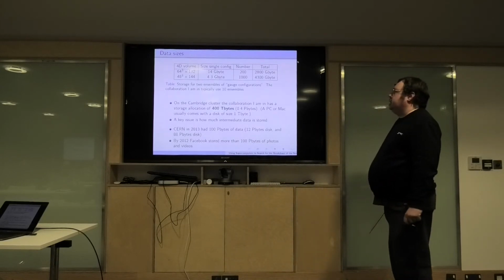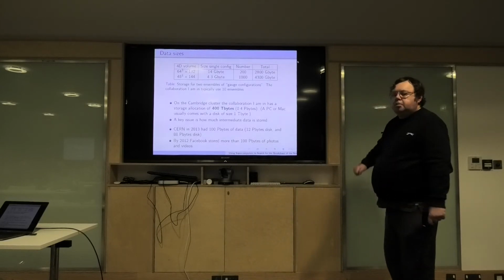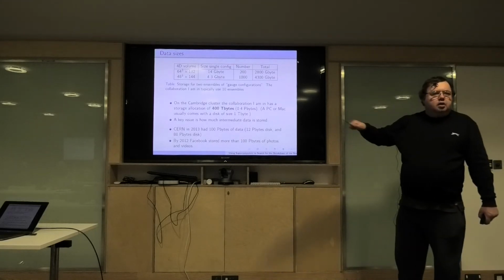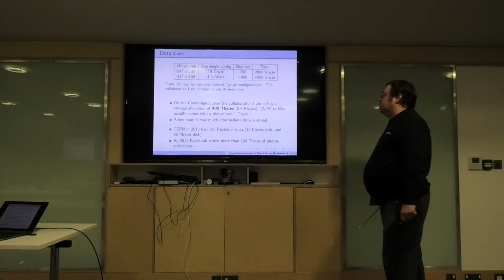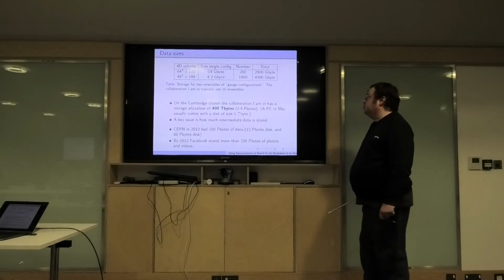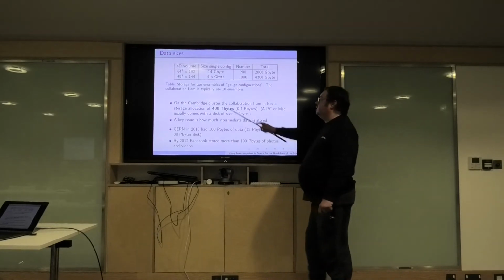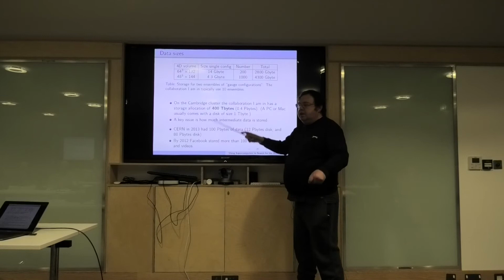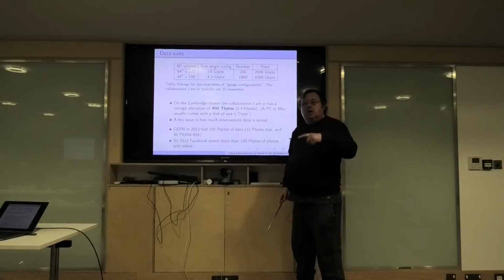Okay, a little bit about data. So that's some of the high performance stuff. We're doing kind of Monte Carlo samples. One of the lowest things is a snapshot of the vacuum. Here I have some data. Here's the sort of 64 plus 192, 3 space dimensions, 1 time dimension.